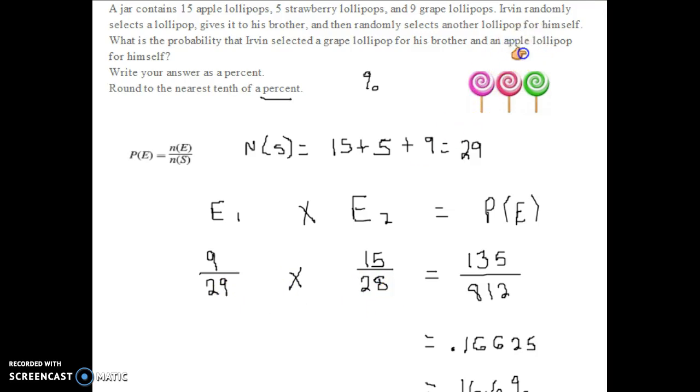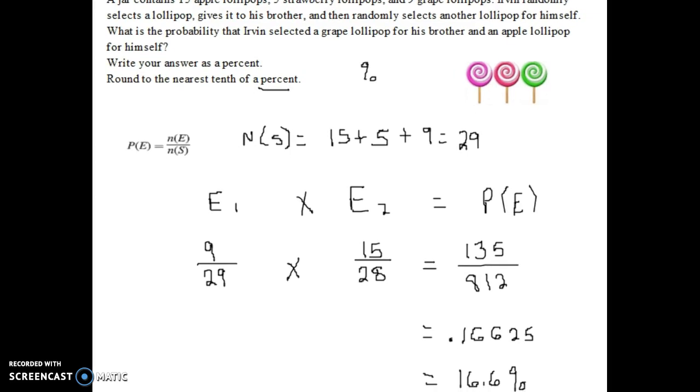But the second one, we want an apple lollipop. And so he drew a grape one first, so we still have 15 apple lollipops, right? So 15 over 28 is our chances of the second event happening. So then we're going to multiply our numerator. 9 times 15 gives you 135. 29 times 28 is 812. And then depending if they left the answer choices as fractions, you'd want to reduce that fraction, but they want it as